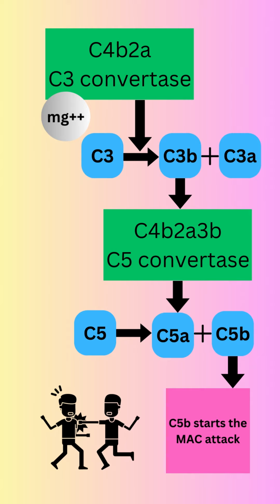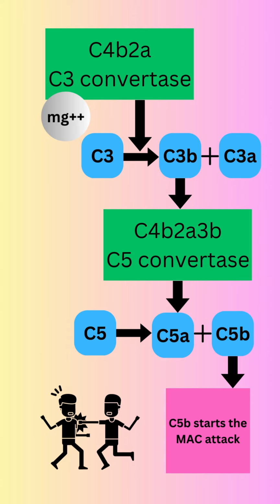C3b can go on to bind to the surface of pathogens, marking them for phagocytosis, engulfing and destruction by immune cells, through a process called opsonization. Moreover, the classical pathway can continue to amplify the cascade by forming additional C3 convertases, resulting in more C3b molecules